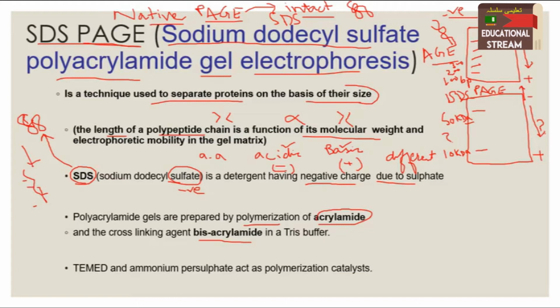And for this purpose, we should know the charge on our protein, either it is negatively charged or positively charged. According to the kind of charge the protein carries, we will provide the current supply to the protein for the isolation of the intact protein by using the native PAGE.